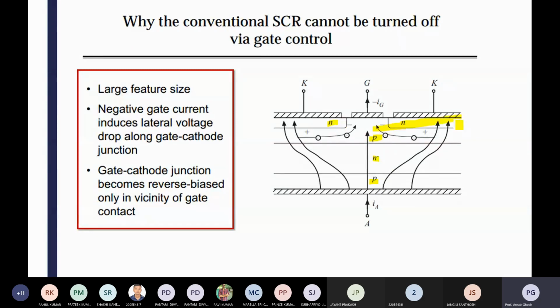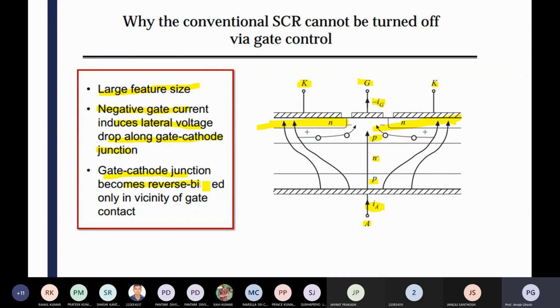A negative gate current induces a lateral voltage drop along the gate cathode junction. The gate cathode junction becomes reverse biased only in the vicinity of the gate contact. That is the way the current flows, based on the mobility of the carriers. It is a minority carrier device, so the current flows depending on the carrier mobility, but who controls that? Definitely the gate.